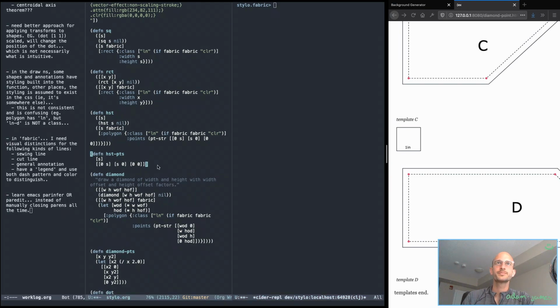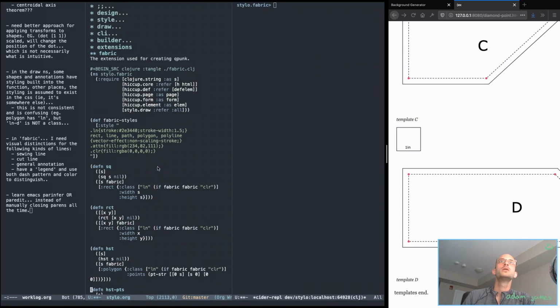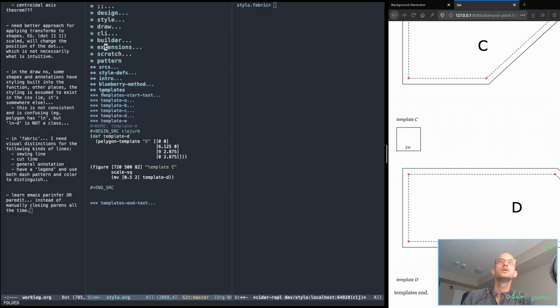Let's see here now. If I go here, let's try something. Template E is